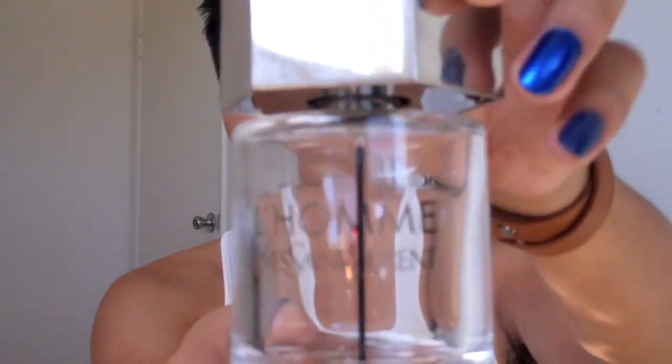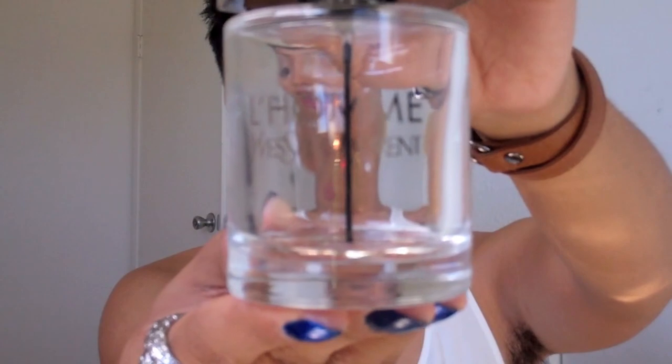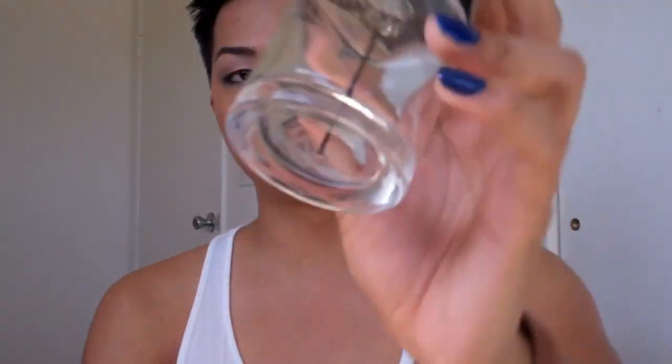And then finally, my last favorites for the year 2011 have been my fragrances. And so the first one I have is Le Homme by Yves Saint Laurent. And I just ran out of this recently, so I'm probably going to get a new bottle of this, but I've loved this fragrance. It smells sort of foresty, I don't know how to explain it, sort of festive, but a lot of people have complimented me when I've worn this fragrance, and they've said it smells really fresh, although it does have a sense of sort of warmth to it,